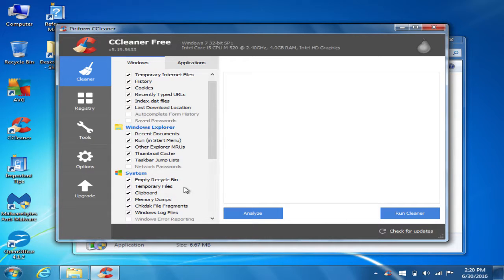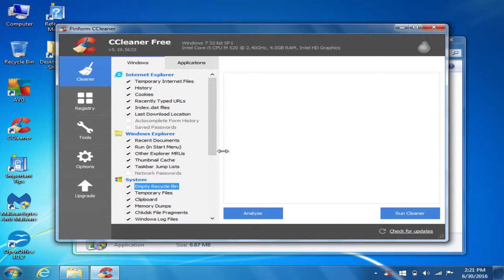Now, if you have stuff in your recycling bin that you're not quite ready to permanently delete, make sure you have the empty recycling bin unchecked. But if you just want everything in your recycling bin to go away anyways, leave it checked. It'll clear your recycling bin out for you.